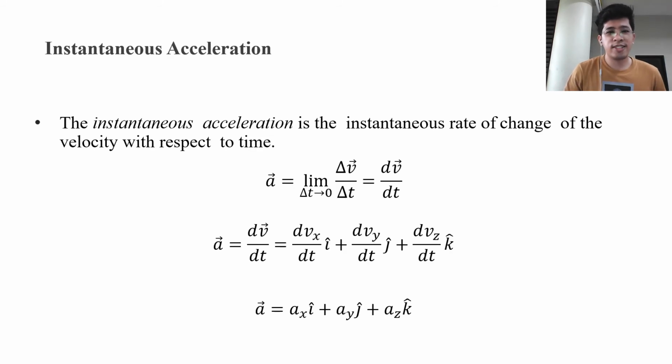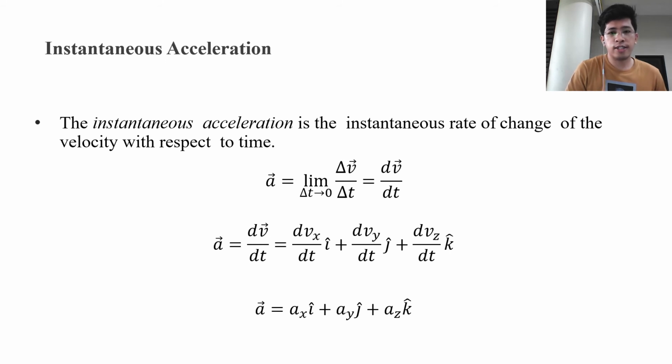Now the instantaneous acceleration, on the other hand, is the instantaneous rate of change of the velocity with respect to time. It's just the same as the instantaneous velocity that we have talked about in motion in one dimension. So here, your instantaneous acceleration, which is represented by vector a, is equal to the limit of delta v over delta t as delta t approaches 0. And this is just equivalent to saying the time derivative dv over dt. If you can remember,